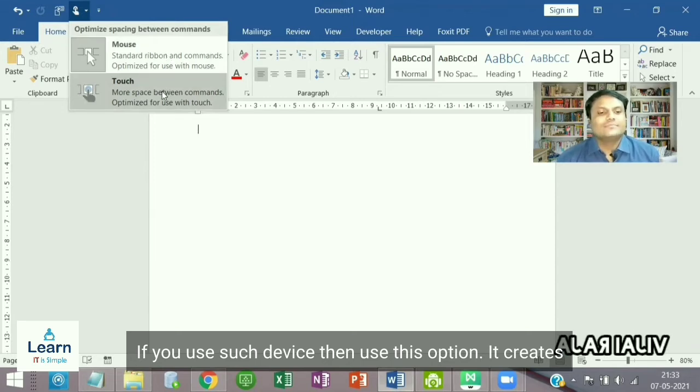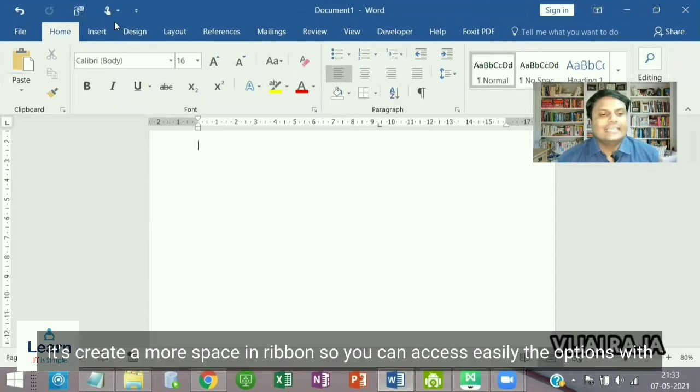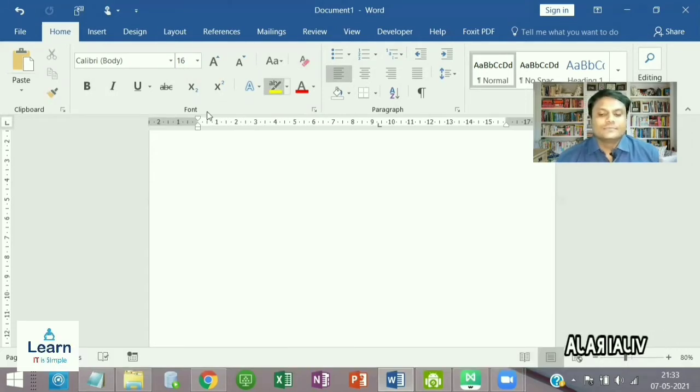It creates more space in the ribbon, so you can access the options easily with your fingers.